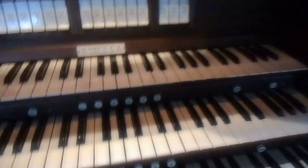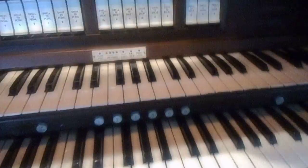I'm going to be demonstrating how the organ works today. First of all, I'm going to be starting off with the stops. On every stop, you have certain names, like